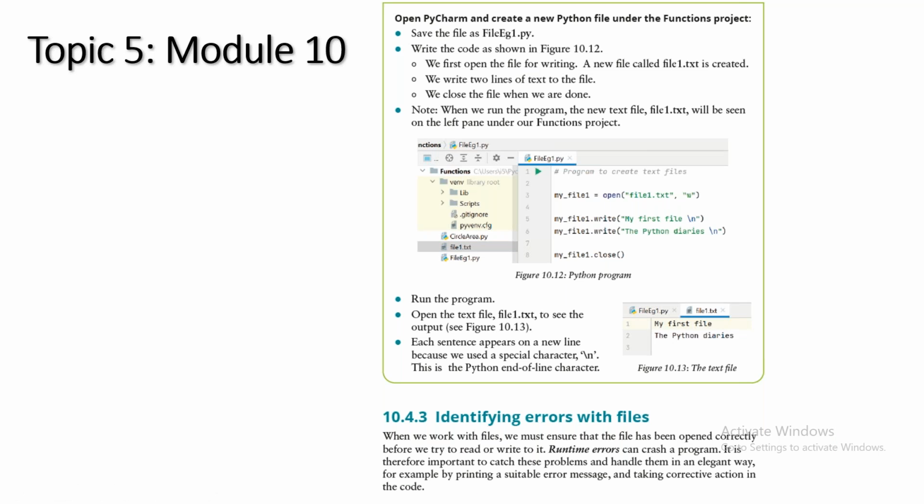So the last thing we do is we end off with files. So students need to know how to write to a text file. In PyCharm, when you're writing to text files, automatically it will create the text file for you in your same folder that you are currently working in. So you're able to see when you run the program, was your text file actually created and so on. And then if you open up your text file, then you can see exactly what was written to the file, so you know if it worked.